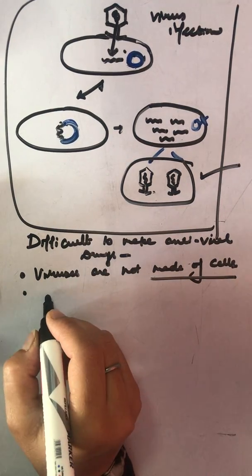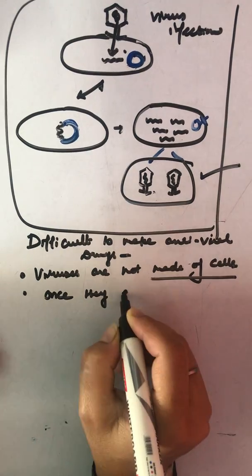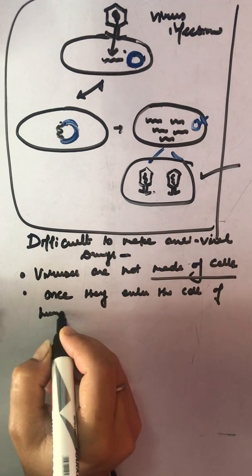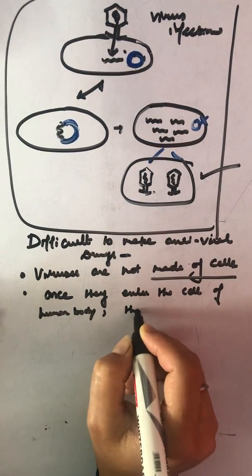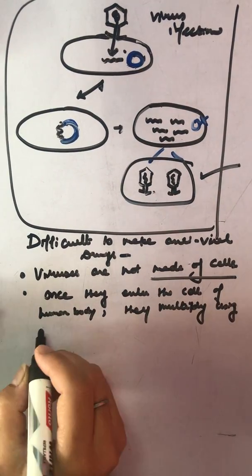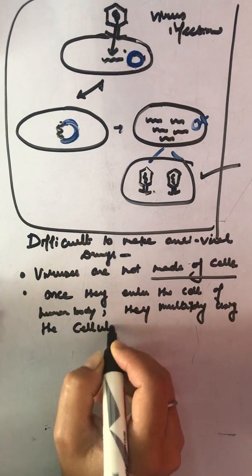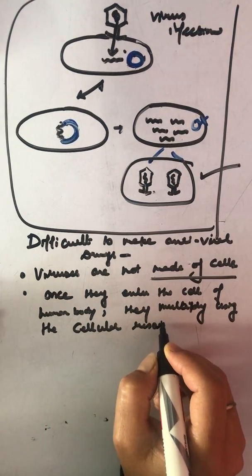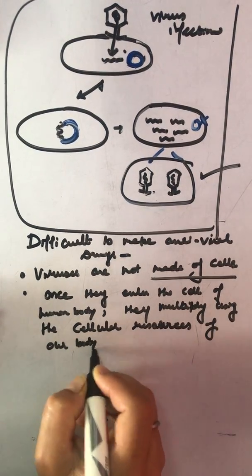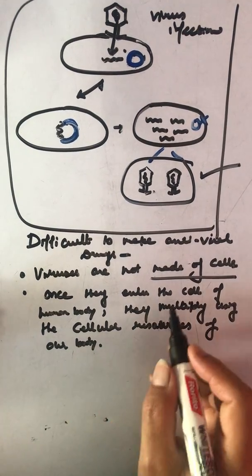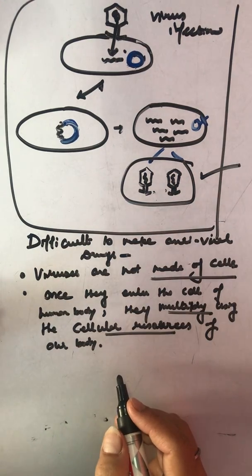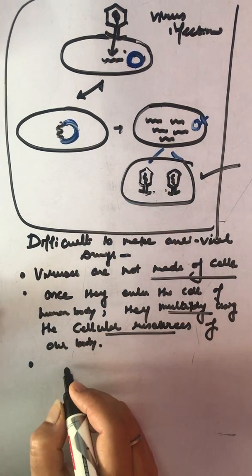Number two, once they enter the cell of the human body, they multiply using the cellular resources of our body. It means there are very few specific targets, and whenever they enter our body, they will be choosing our body cell targets. Once they are using human machinery,